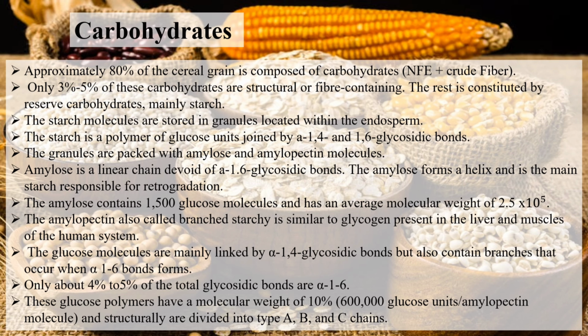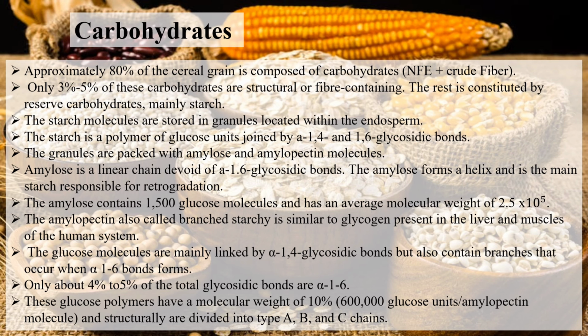The starch molecules are stored in granules located within the endosperm. The starch is a polymer of glucose units joined by α-1,4 and 1,6 glycosidic bonds. The granules are packed with amylose and amylopectin molecules. Amylose is a linear chain devoid of α-1,6 glycosidic bonds. The amylose forms a helix and is the main starch responsible for retrogradation. The amylose contains 1,500 glucose molecules and has an average molecular weight of 2.5 x 10 to the power of